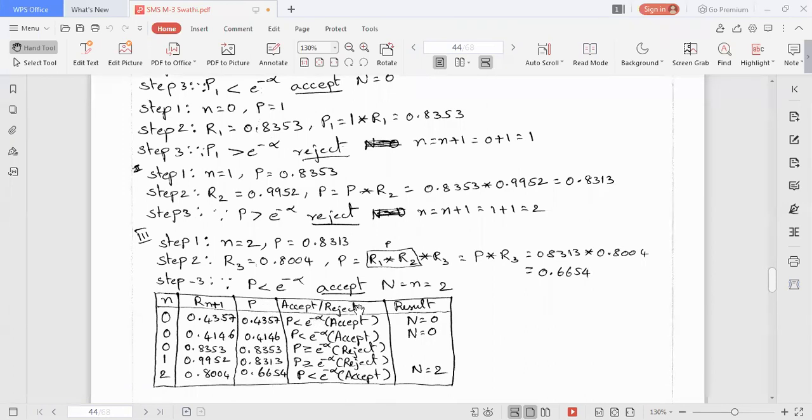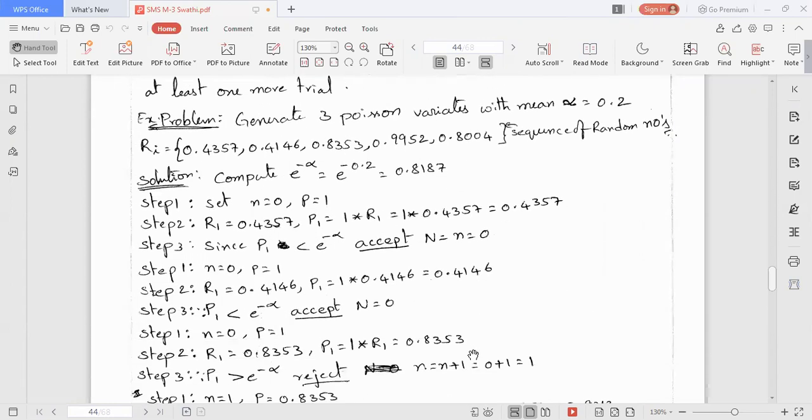Now in the accept or reject column, we write whether the p value is less than e power minus alpha. The first iteration is accepted. Second iteration is accepted. Third iteration is rejected. Fourth iteration is rejected. And the fifth iteration is accepted. Finally, we have generated 3 random variants: n equal to 0, n equal to 0, and n equal to 2.